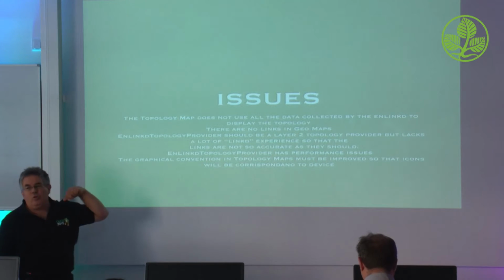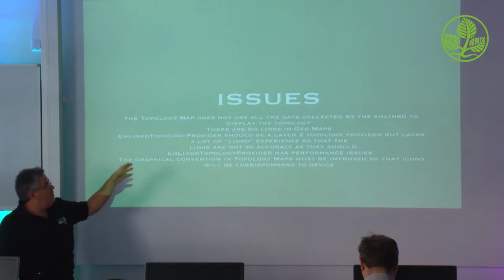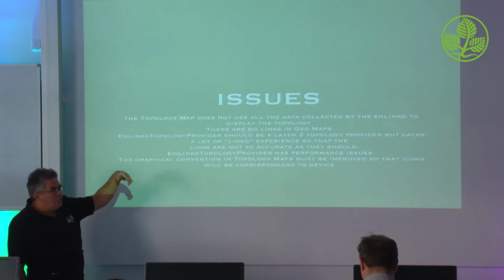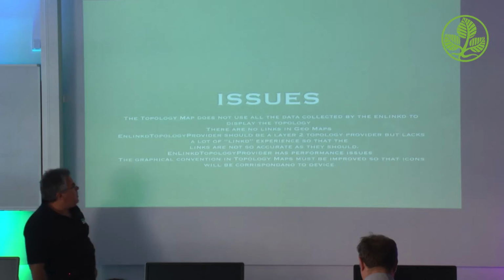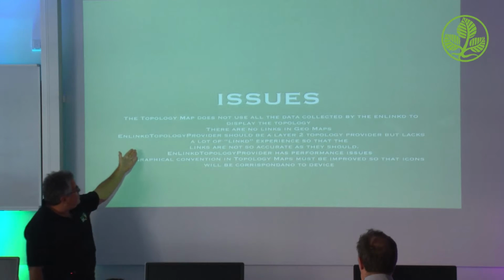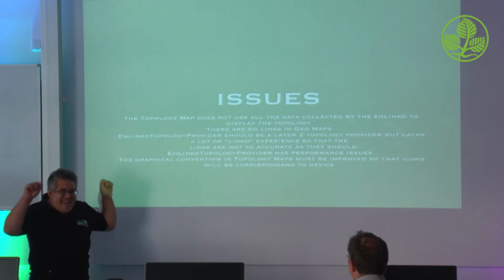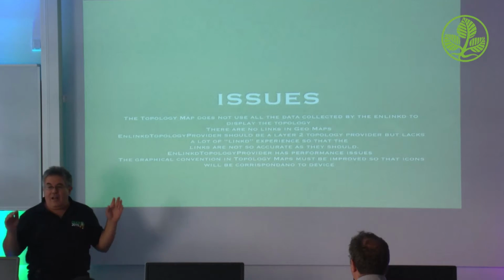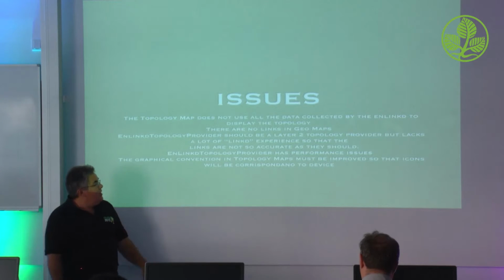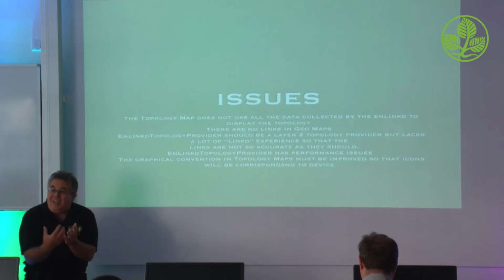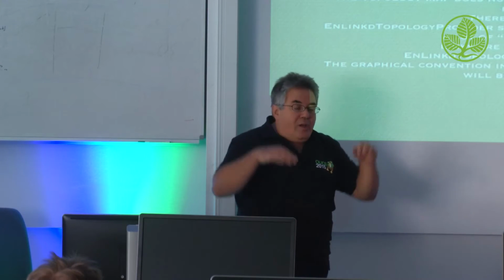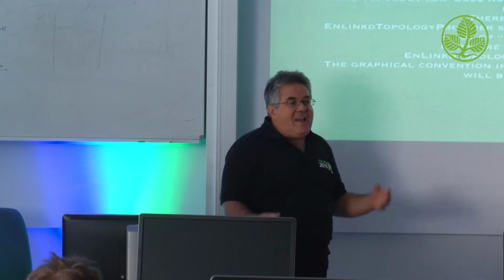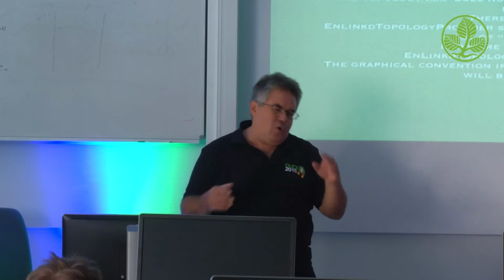Because not all the information is displayed. Okay, non ci sono link, there are no links in geographical maps. Enhanced linked topology provider should be a layer 2 topology, at least, but lacks a lot of the old linked experience. So because we don't have a corresponding model for, how to say, ISIS and OSPF, or no, well, ISIS